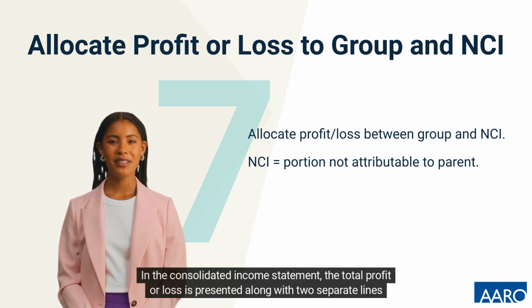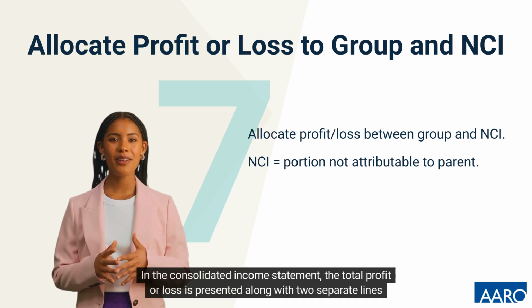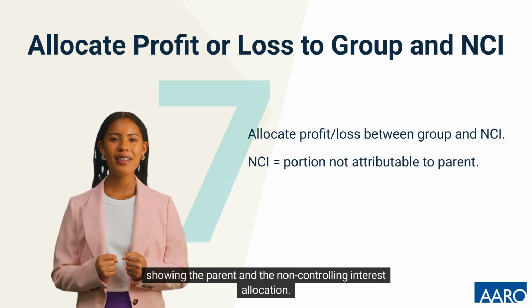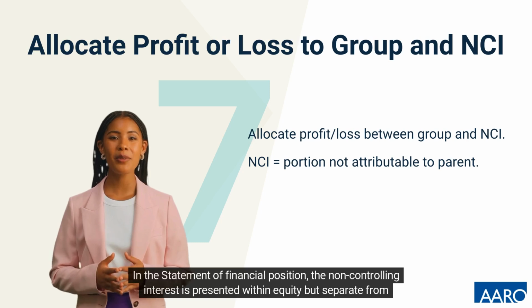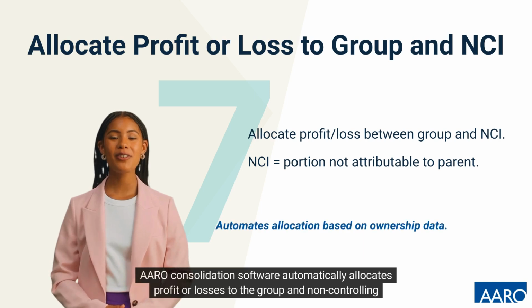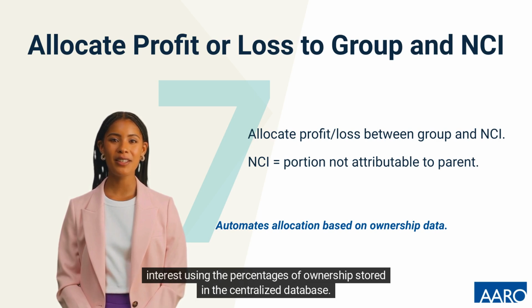In the consolidated income statement, the total profit or loss is presented along with two separate lines showing the parent and the non-controlling interest allocation. In the statement of financial position, the non-controlling interest is presented within equity, but separate from parent shareholders' equity. AARO consolidation software automatically allocates profit or losses to the group and non-controlling interest using the percentages of ownership stored